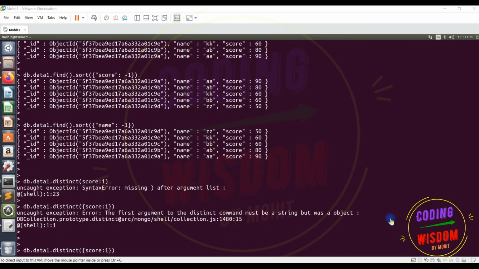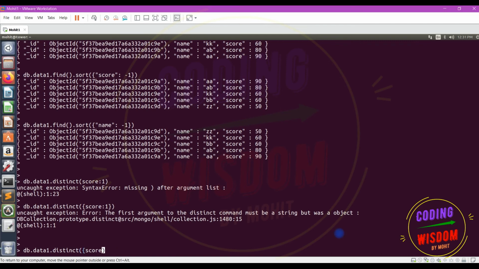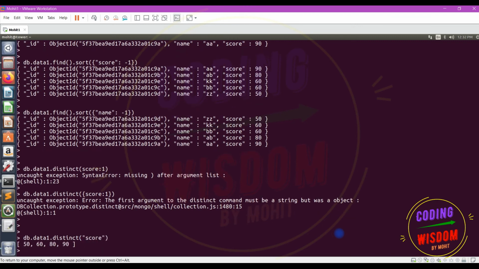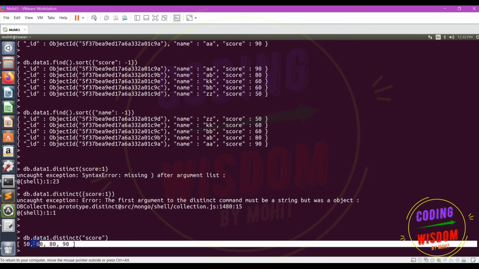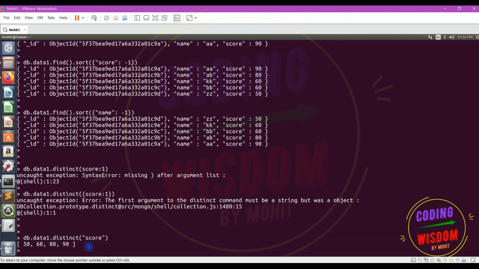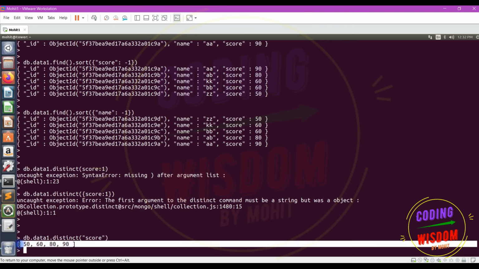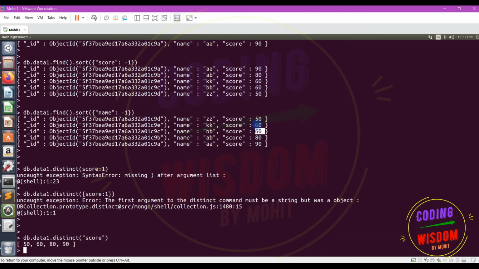So don't use a document here. So you can see these are the distinct values, because you can see 60 is repeated 2 times. Now in this list, or you can say array, I cannot see 60 2 times. Only 1 time. So that's why distinct. Okay, so in this way you can get the distinct results.